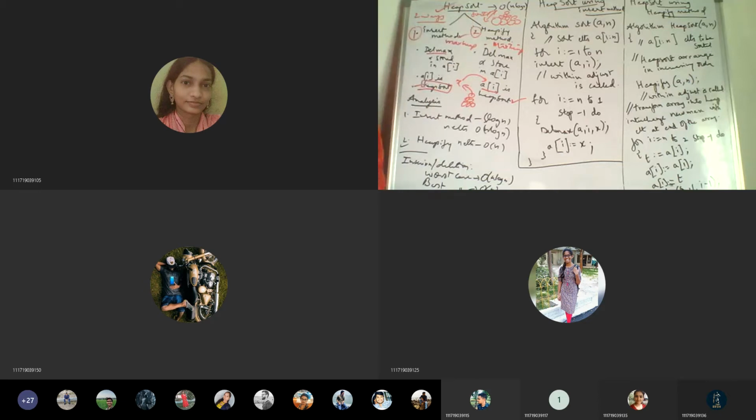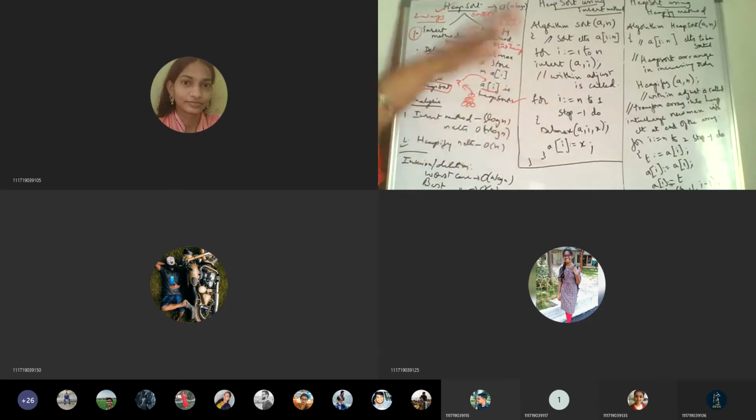The main logic here is that whatever method we use for heap construction, in order to get heap sort, once it is a max heap, we have to delete the maximum element at the top and keep on adding it into a separate array.